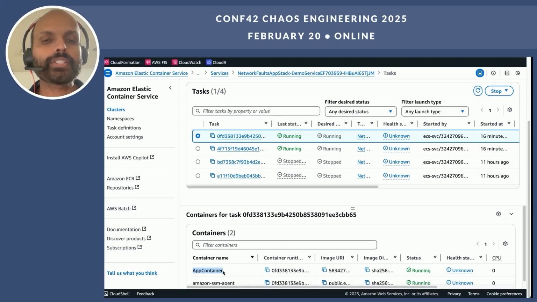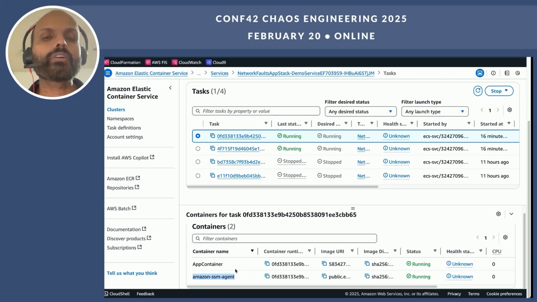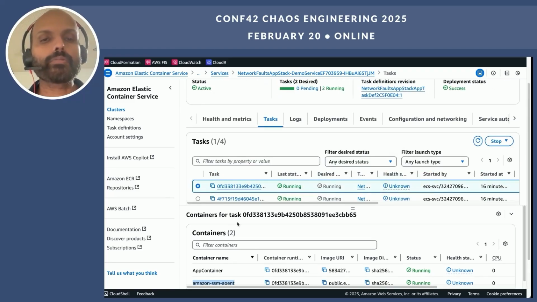One is the app container with the application code, and the other is an SSM agent container, which is one of the prerequisites for running network faults against an ECS Fargate cluster. You can refer to the AWS public documentation around the prerequisites for network faults. So we have the cluster, the service, the tasks, all of that is good.